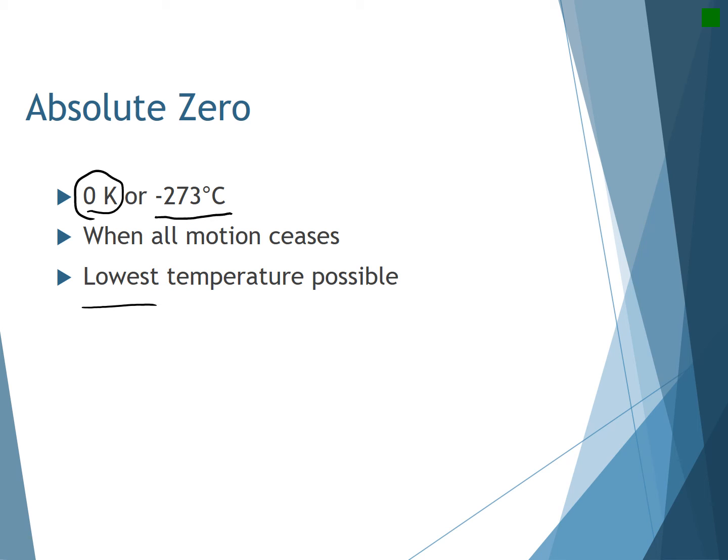So this is the lowest possible temperature ever. Why? Because once again, temperature is the movement of these particles. If there is no movement, then that is the lowest possible temp you can get to, which is 0 Kelvin or negative 273 degrees Celsius. So notice, because motion has stopped at 0 Kelvin, I can't get lower than that, so therefore I will never be negative. And that is once again known as absolute zero. We have gotten to a millionth of a degree in Boulder, Colorado, but we haven't gotten lower than that since. And it's only been in lab conditions. It's not happening outside in nature, right?